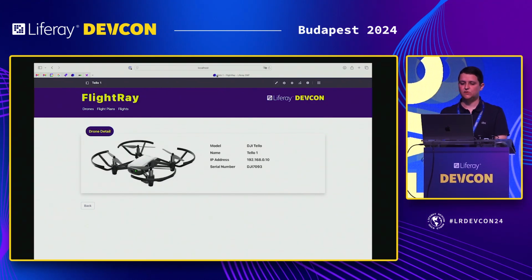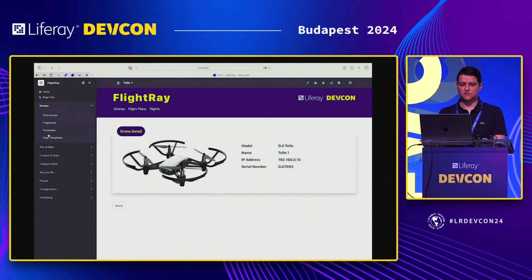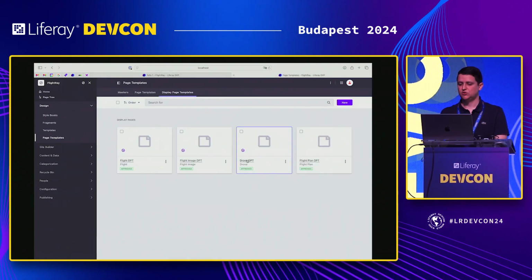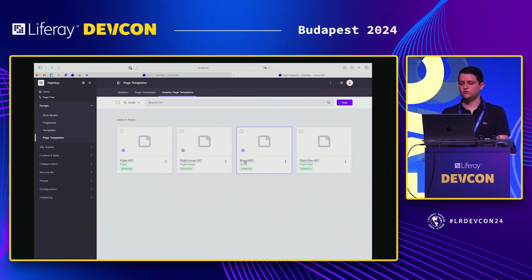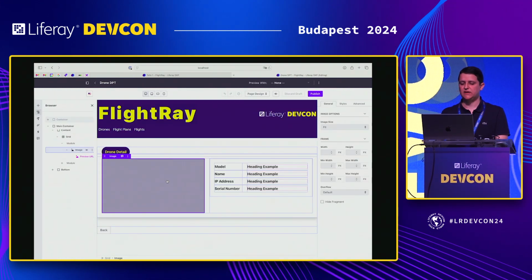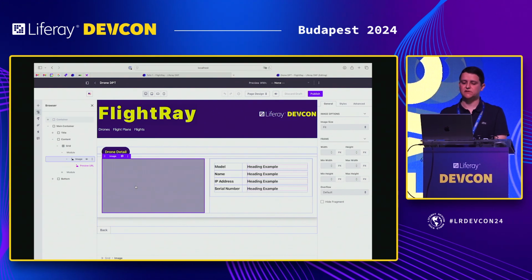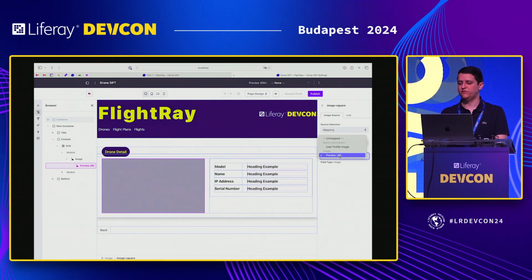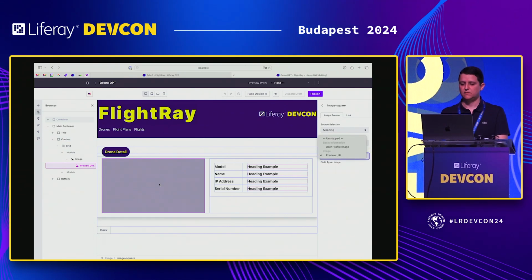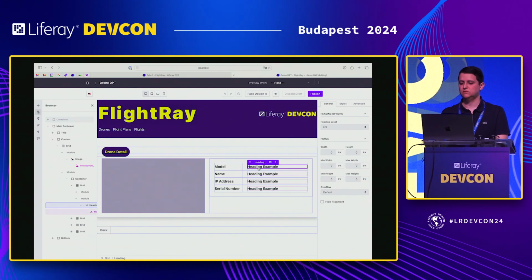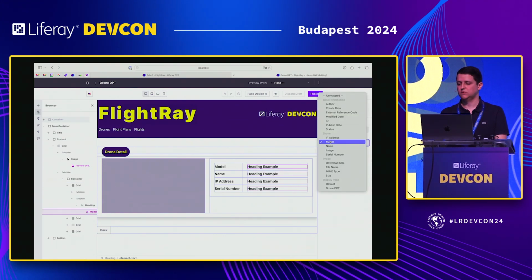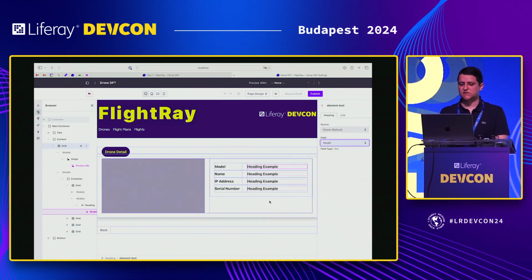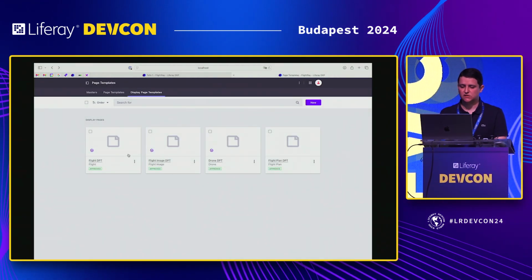For that, I created some display page templates, like drone GPT. It's a display page template for drone. And we can map directly from the object definition fields to here. So we click on image, I map to preview URL, the image URL. The same for module, I map it to drone module. We can choose this one. Module name, IP address, and serial number are the same. So there's another